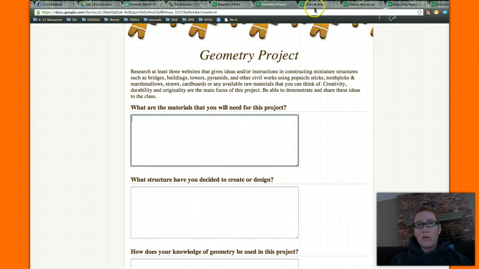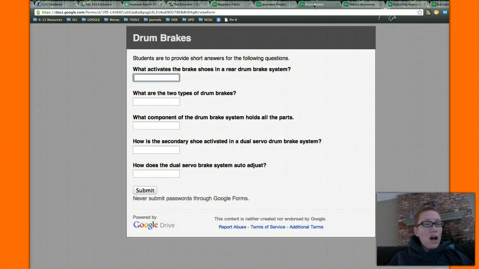Otherwise, great form. David gives us a great form where they've obviously done some research, done some direct instruction around this idea of the drum breaks, which is fabulous. A couple different things again: you got to have that school, you got to have that group number or student name or something so that you know who this information comes from. That's usually almost the first question I always ask: what is your name? And again, just consider making these